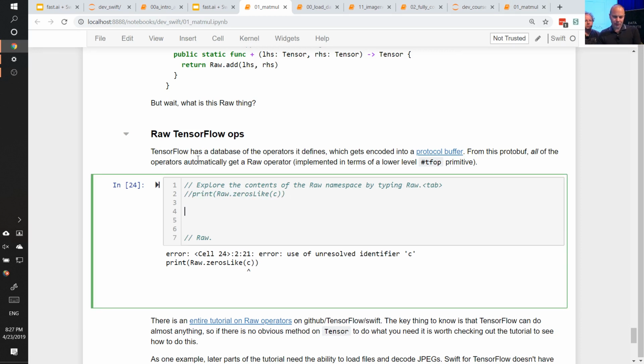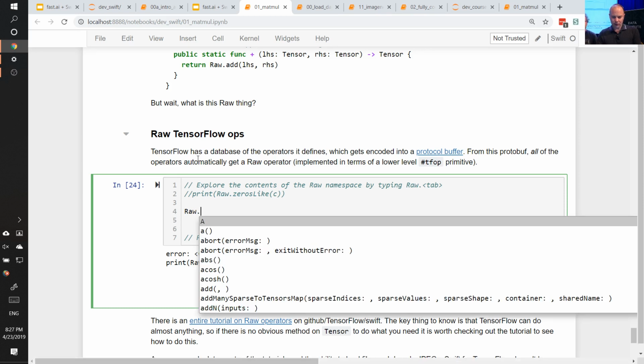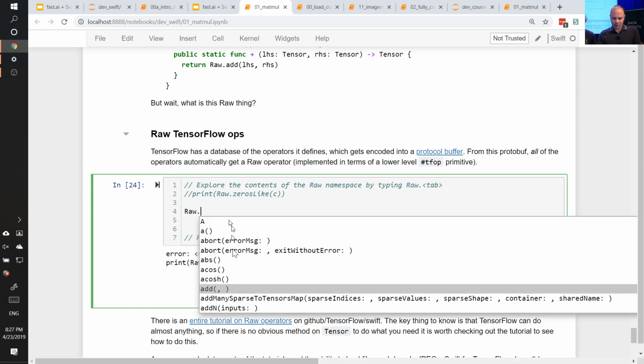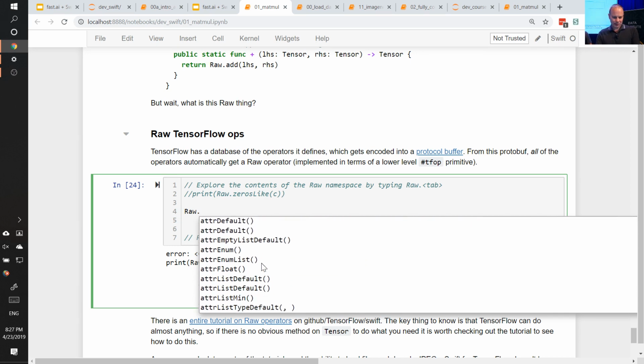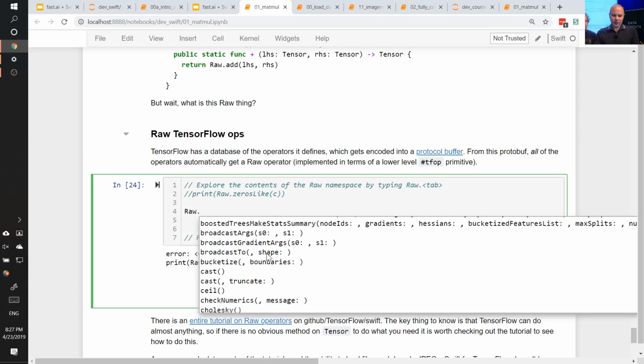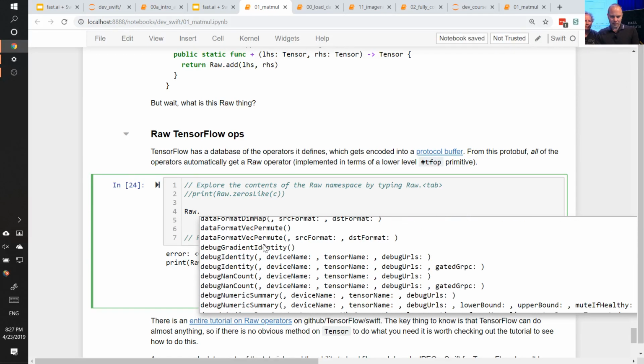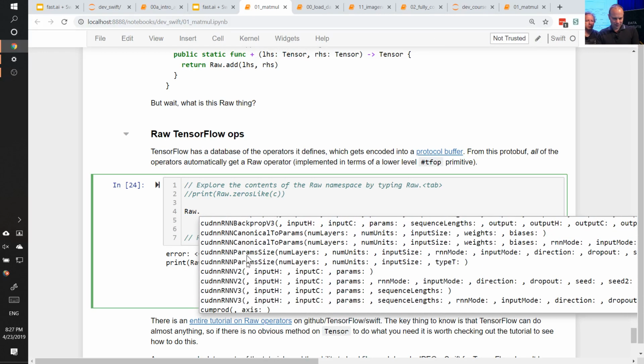So with tab completion, you can see all of the interesting things. Add many sparse to tensor map, add n, adjust contrast, assign. Like it's got lots and lots of stuff. And this is super cool, particularly if you're